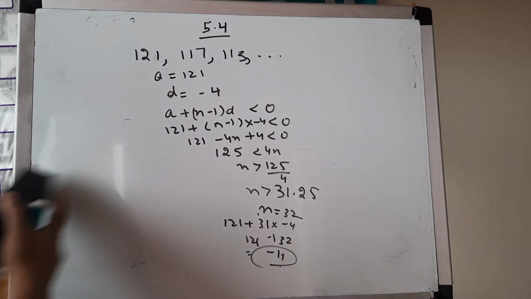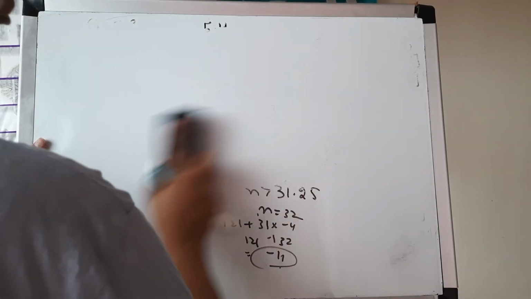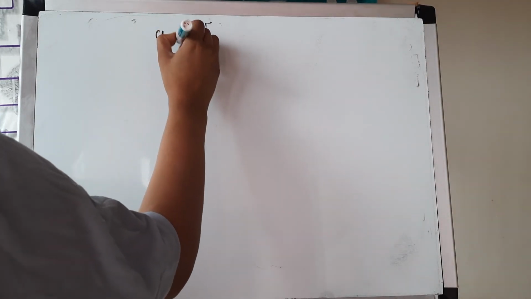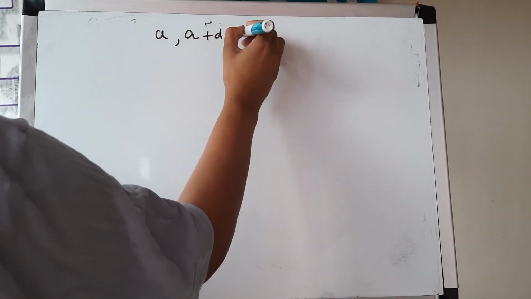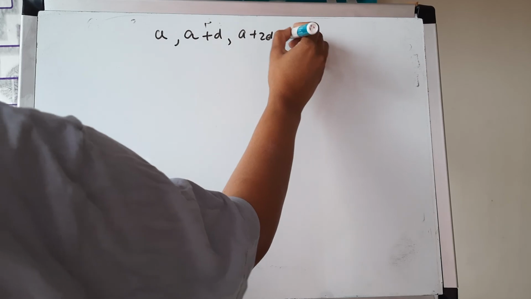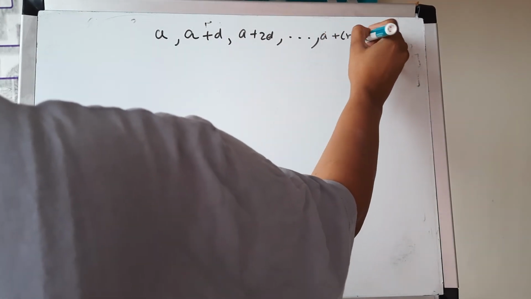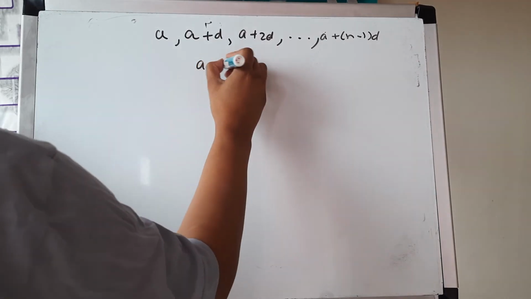So guys, what all have we studied so far in arithmetic progression? Revising it. What is an arithmetic progression? An arithmetic progression is a list of numbers in which each term is obtained by adding a fixed number d to the preceding terms. Hence an AP is like this: a, except the first term, a plus 2d, a plus n minus 1 d. So what is term n? This.